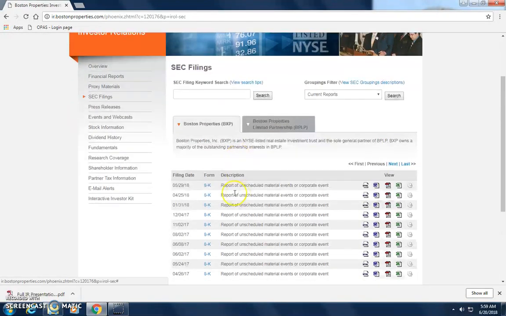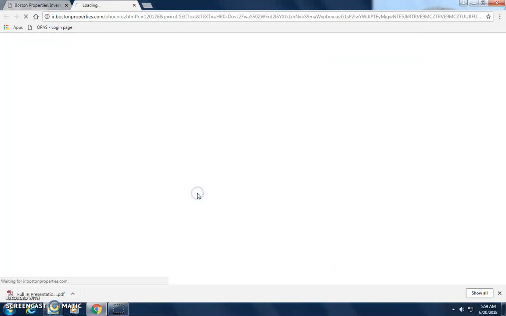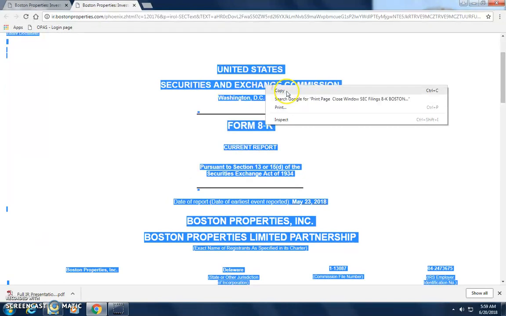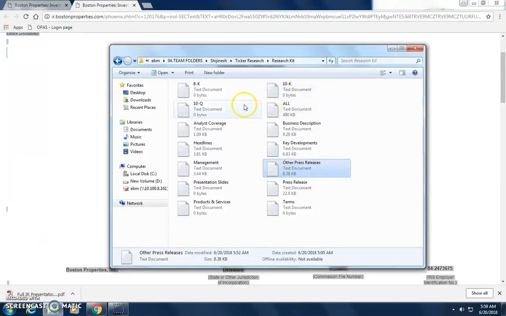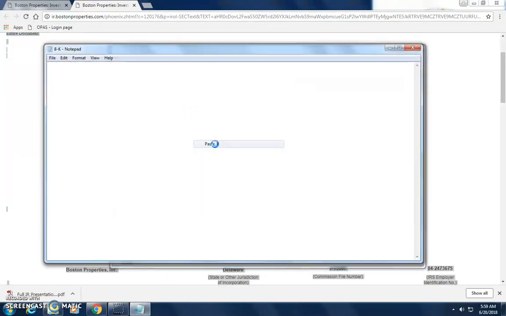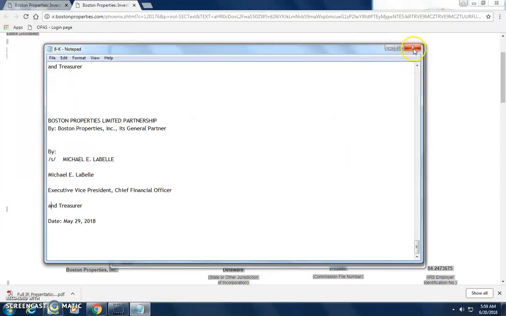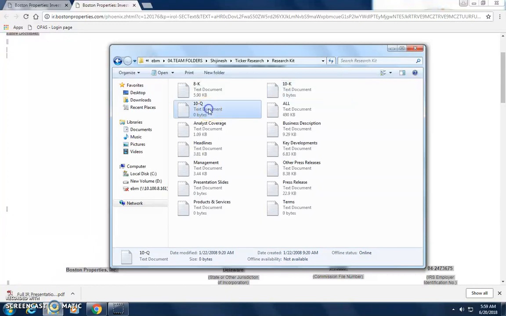In non-US calls, the filings are available as 6K current filing and 20F annual filing. Now copy the content and paste it onto the respective notepads titled 8K, 10K, and likewise.